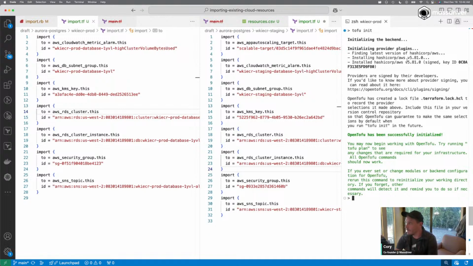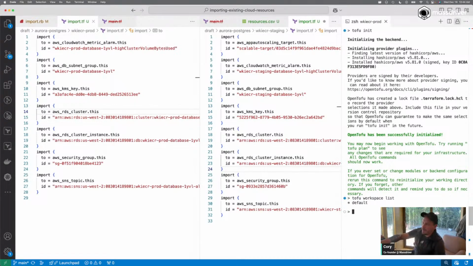There we go. Okay, so what I did there is I just initialized that current prod one, right? And so now, when we do this, we're not only going to generate the code, we're going to generate a state file too. And so I know that I want to be working in workspaces. So one thing to note really quick is